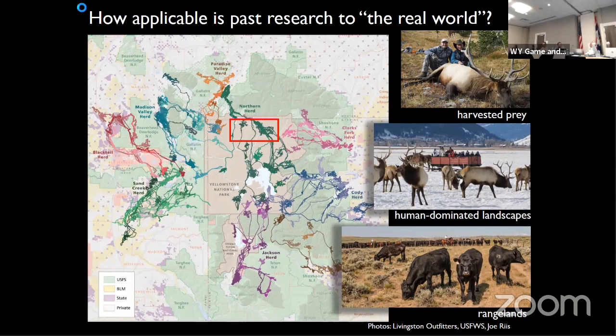This work here, it's incredibly important work. All I'm saying is it's led to a narrow understanding in other respects. How applicable is it to the larger landscape, which is occupied by 500,000 people, or larger areas of the West where these carnivores are actually interacting very closely with people, and with harvested prey populations, and with livestock, and with human activities that may distort the predator-prey interaction and create those kinds of refuge dynamics and things I mentioned earlier. So these are just some general observations that inform how I think about which projects we develop and emphasize from a scientific standpoint.